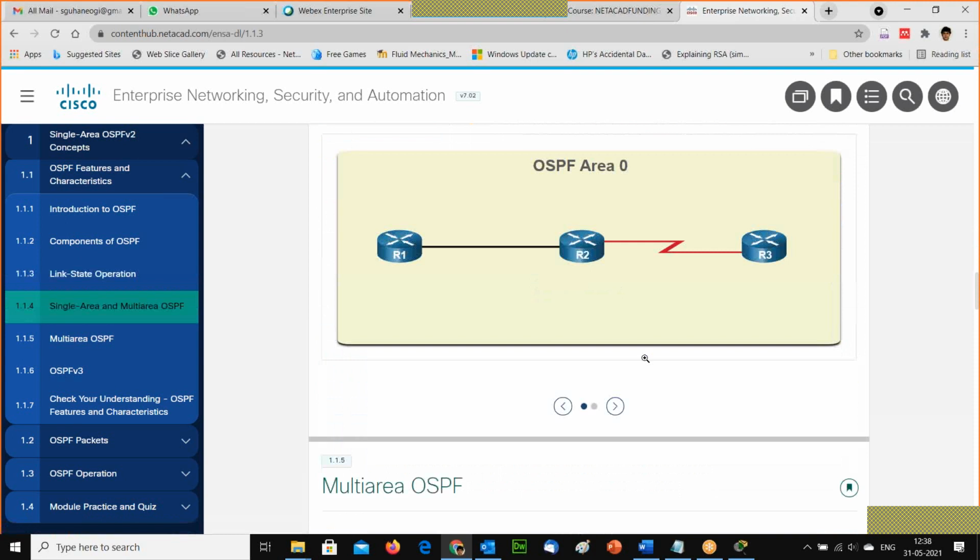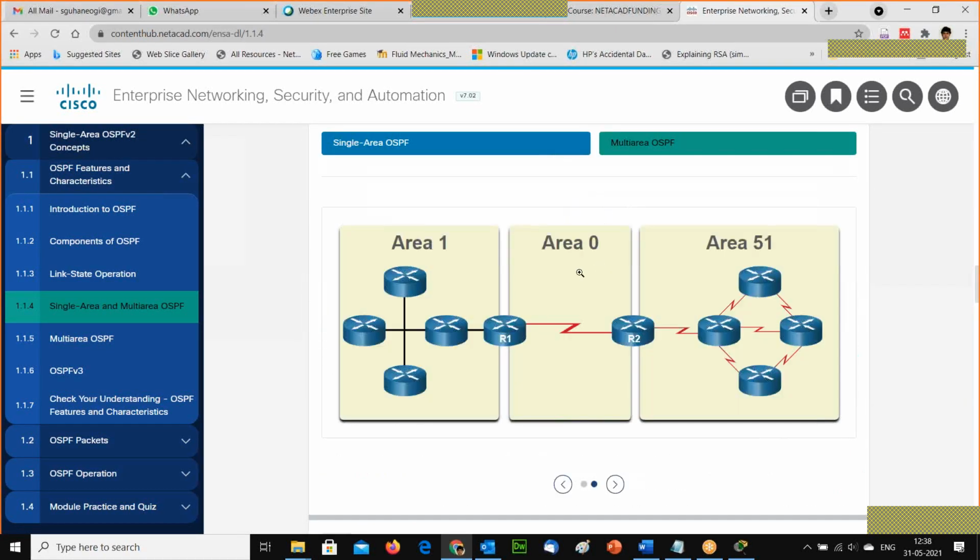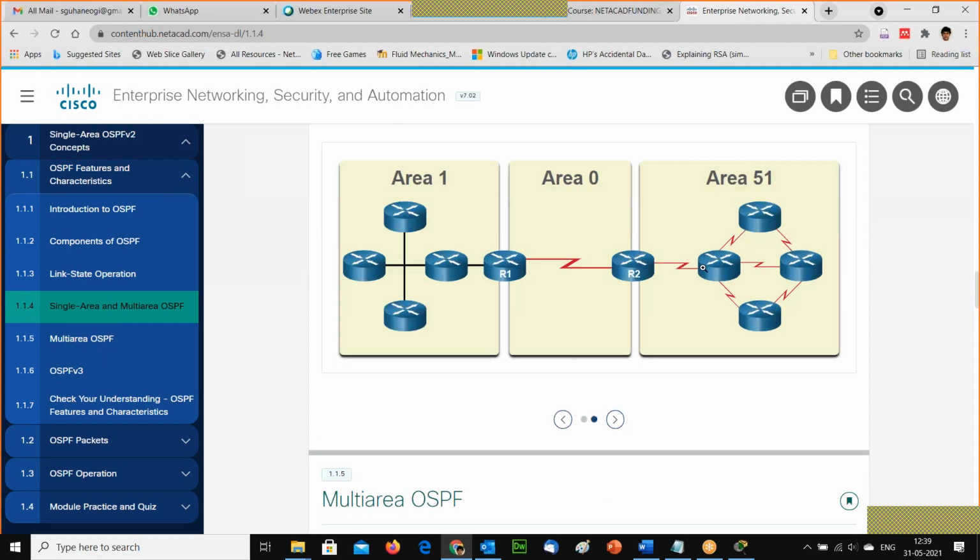Now this is a single area OSPF protocol, and this is an example of a multi-area OSPF protocol. This is the main R1 and R2. We'll expand and create area 1 and another area, and we can give any name. Area 0 happens to be the core area. We are also having other areas like stub area, not so stubby area and other things.